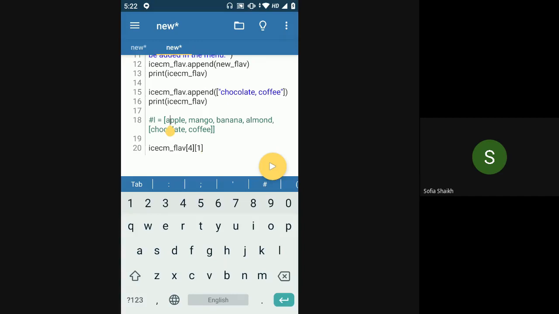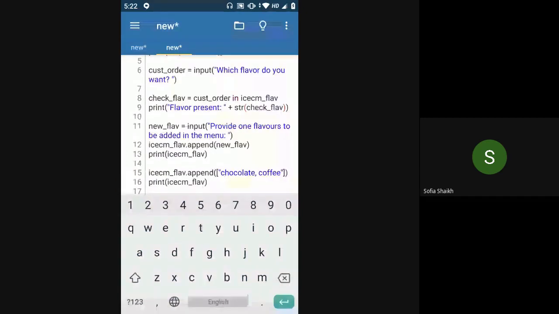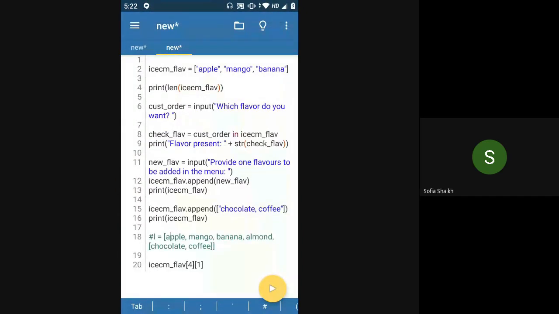Again, I have my main list, ice cream flavor. It has apple at index 0, mango at index 1, banana at index 2, almond at index 3, and the element at index 4 is a list, which has its own values that we will see later.